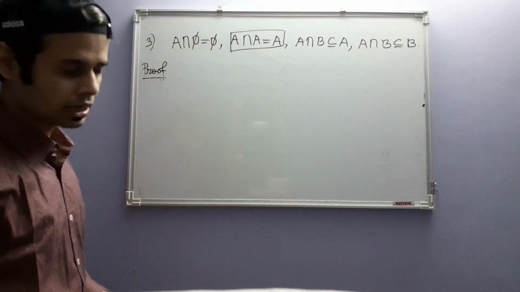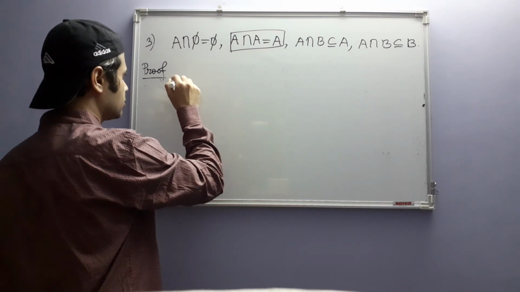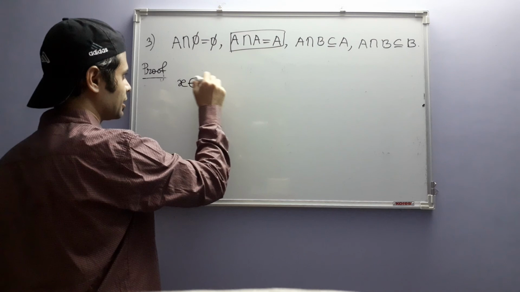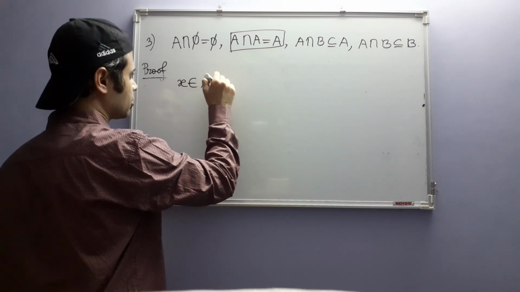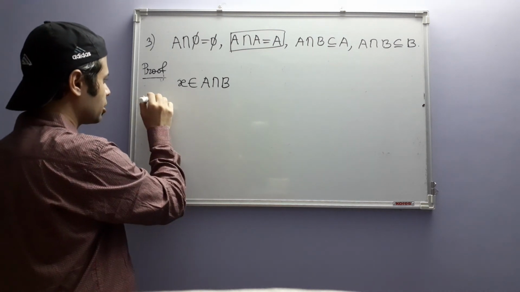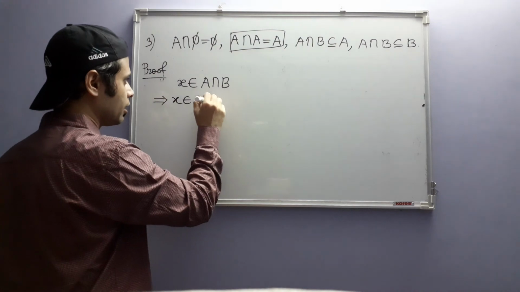To prove this one, A intersection B is a subset of A. Here you just have to prove that a set is a subset of some other set. So you start by taking an element in the smaller set, supposedly smaller set. So this implies X belongs to A and X belongs